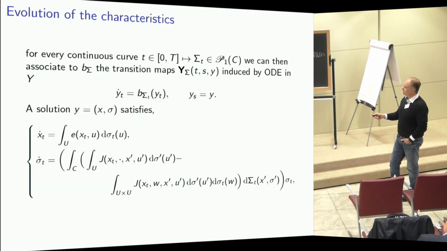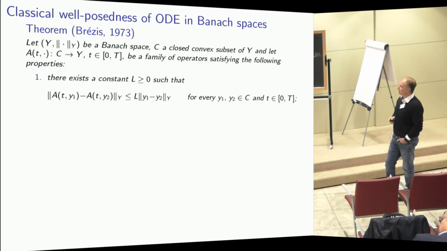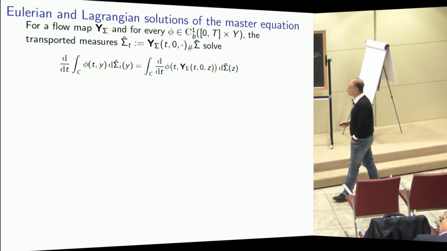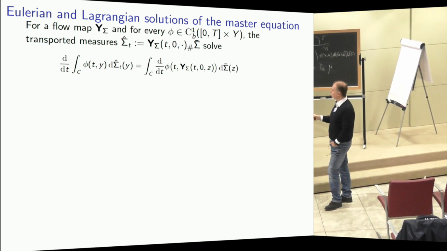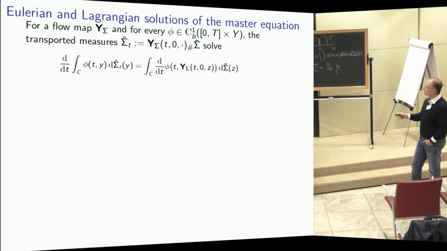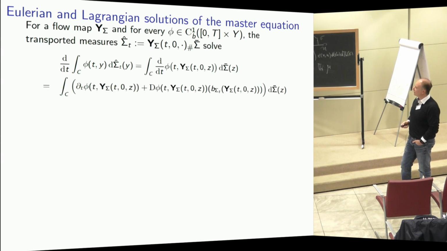So what you know is that for every sigma, you will have a transition map induced by this kind of ODE. And therefore, now you do have this flow map. And by using that, you can transport any initial probability distribution by push forward by means of the map, and by taking any function that is sufficiently smooth, you can prove that this corresponding probability distribution is going to solve a certain PDE in the